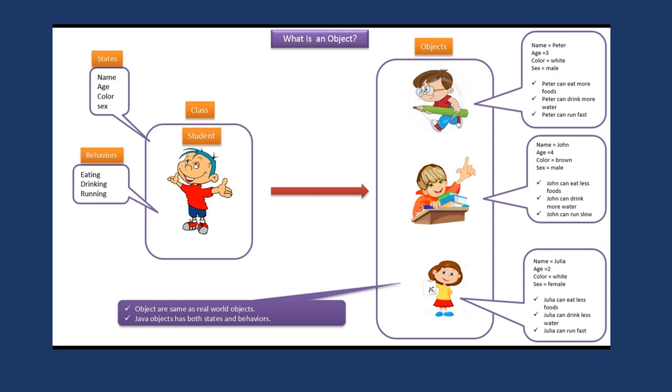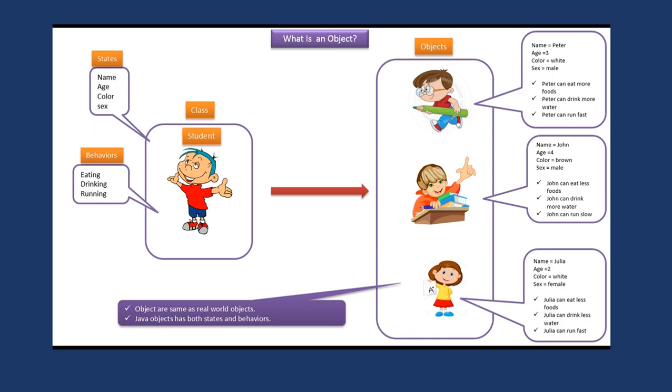Peter can drink more water, John can drink more water, and Julie can drink less water. But again, all three objects were drinking, but different amounts of water. They're not the same.